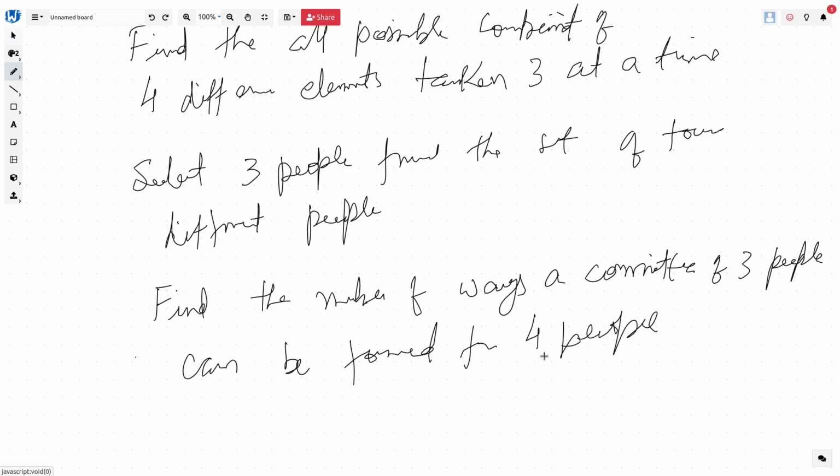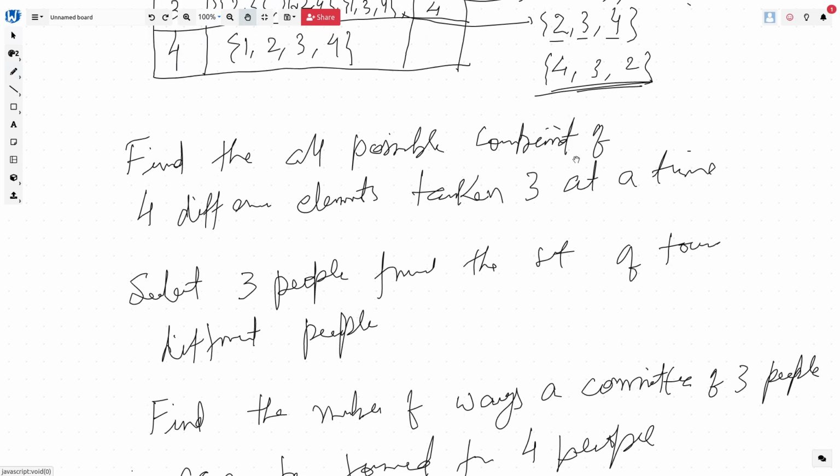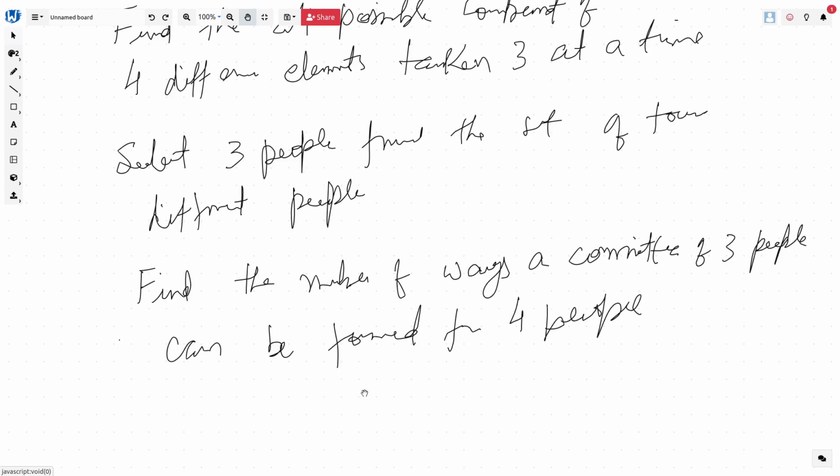All these statements lead to the same mathematical interpretation, because it's like selecting, finding a number of ways of forming a committee, or finding all the possible combinations. You will see all these words very often in the problem sessions, but they all mean the same,